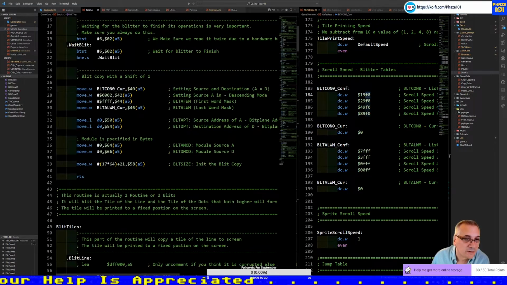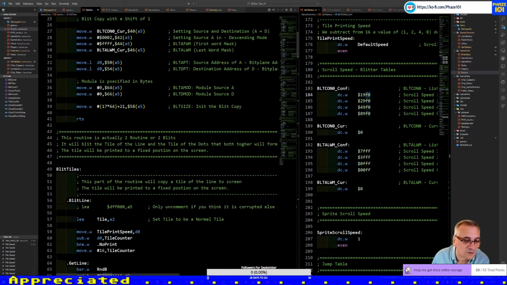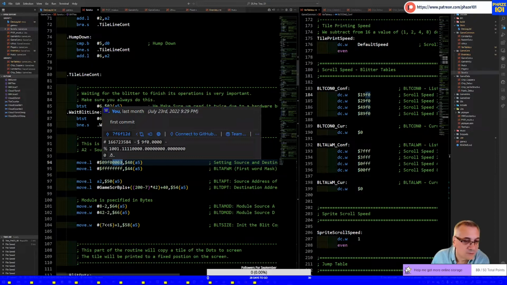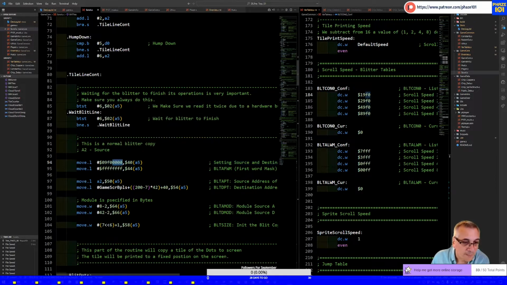So here, these two values, register 40, register 42. Here I'm just specifying register 40 because all of them together. I'm not enabling descending mode because it's a copy. And the first word mask and last word mask are all FF. Then again, this is the source and the destination.